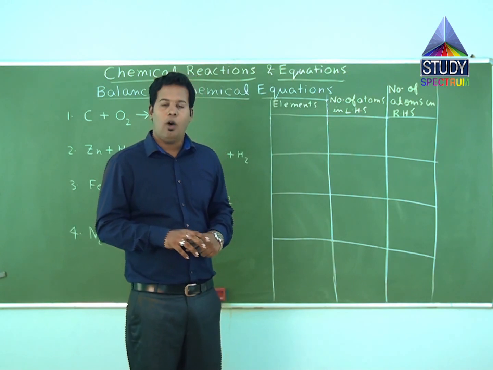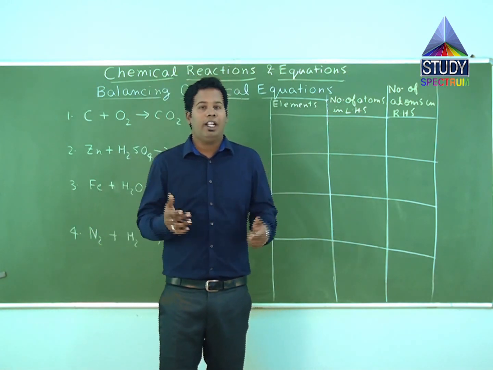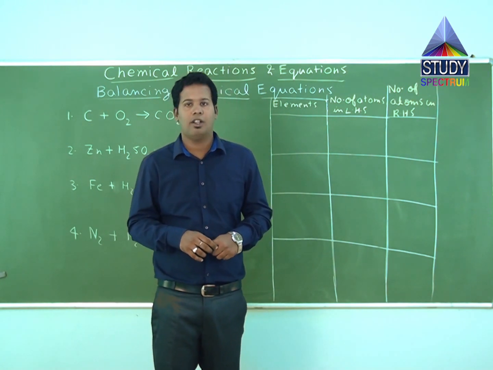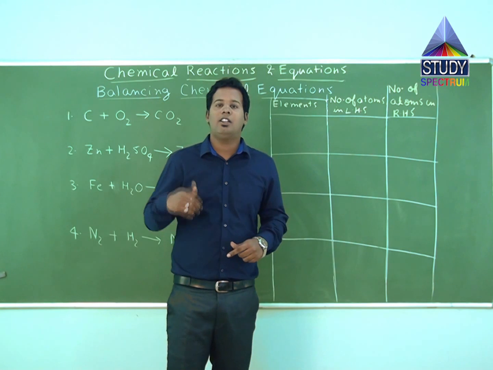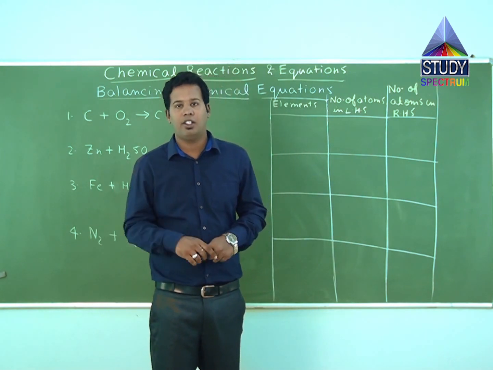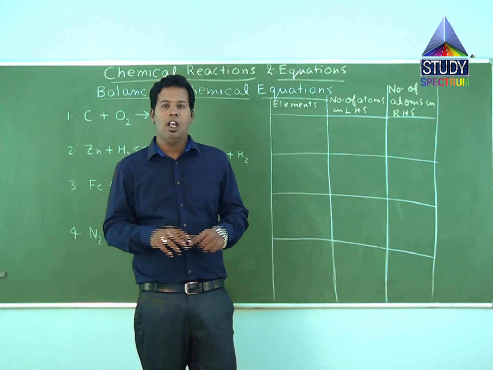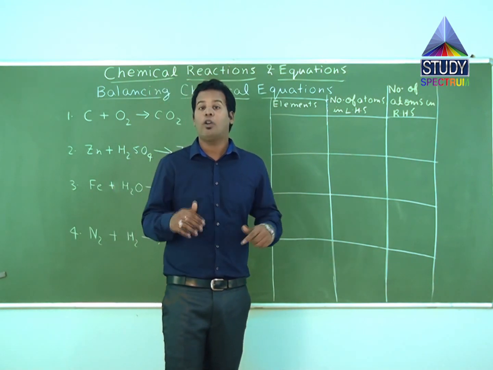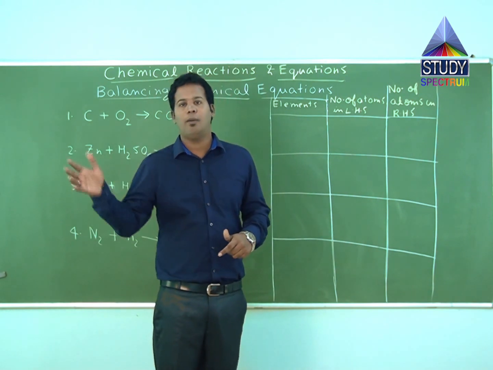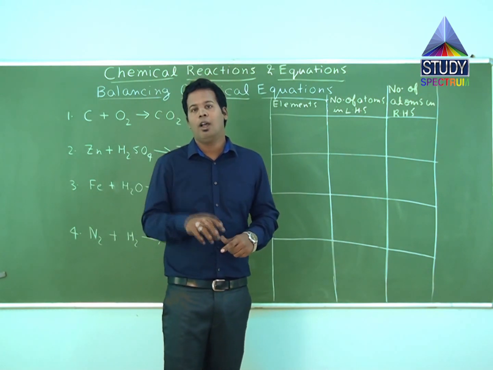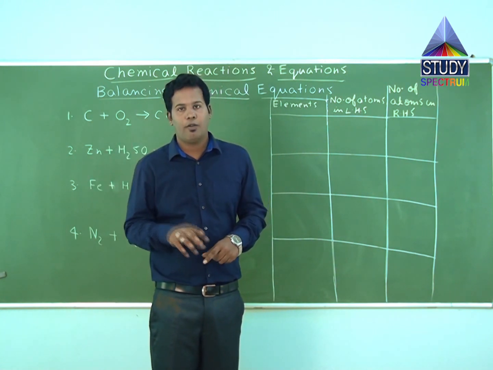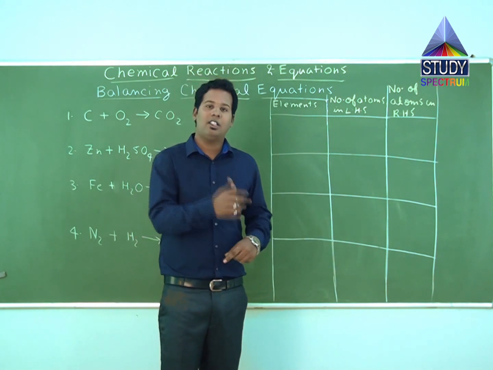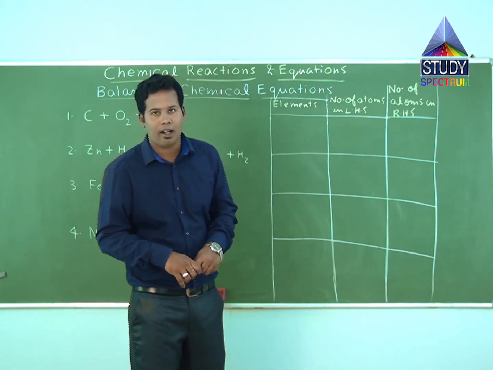Before we see a complete balanced equation where physical states of reactants and products and also the conditions, that is temperature, pressure or presence of a catalyst, are mentioned, we will first learn how to balance a chemical equation to follow conservation of mass. Then we will come to a complete balanced equation where we mention the physical states of each component, reactant or product, and also the conditions.